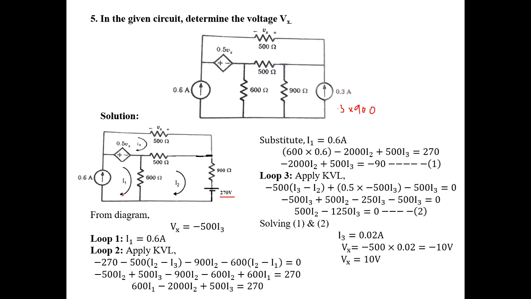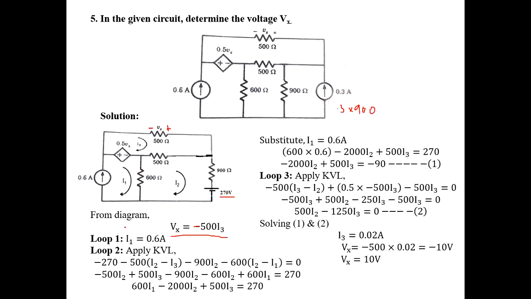Next we have to mark the loops of the circuit. This is I1, and it should be in the clockwise direction. I1, I2, I3. Then using equations we have to solve this problem. First, in the question they gave Vx, the voltage drop across this 500 ohm. We can write the equation as Vx equals minus V equals I into R. R is 500 and the current is I3, so 500 into I3. In the resistor the polarity given is minus to plus, so we mark the voltage value as minus 500 into I3.